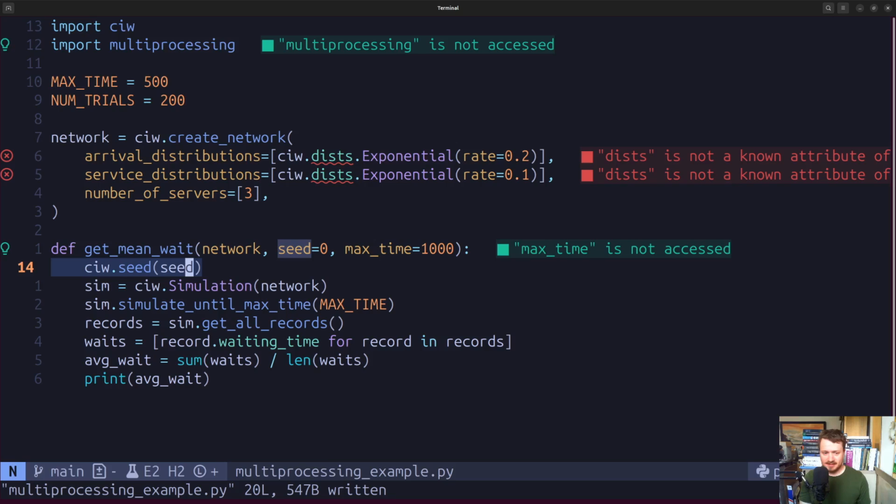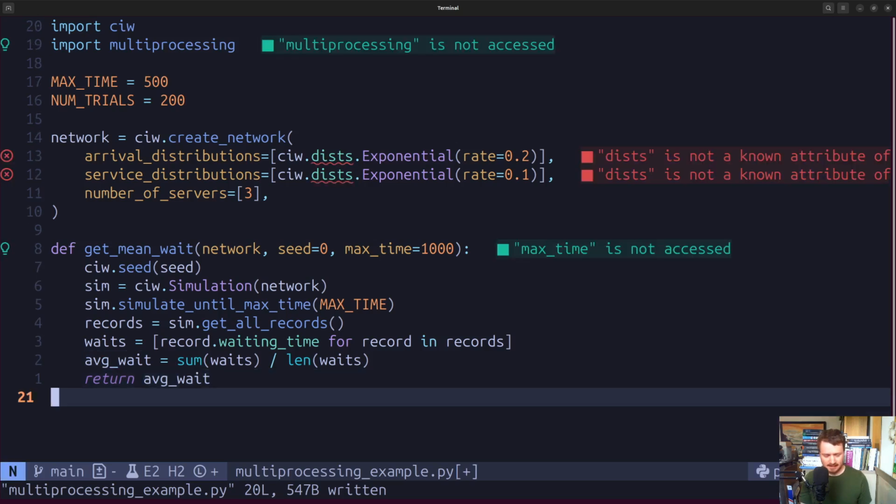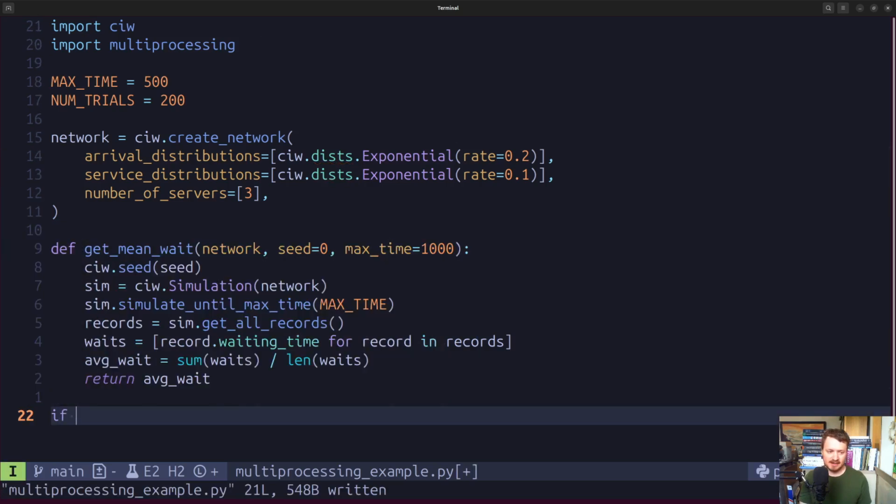And so now with this, oh, actually one more thing we should probably do is get rid of this print statement and just return the average weight for this trial. Okay, so unless I made some typos, I think we're ready to get started with defining a script that will